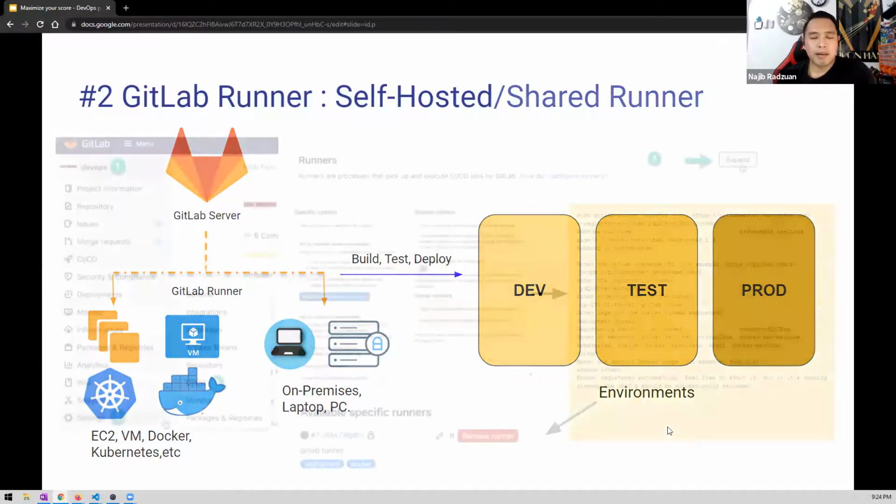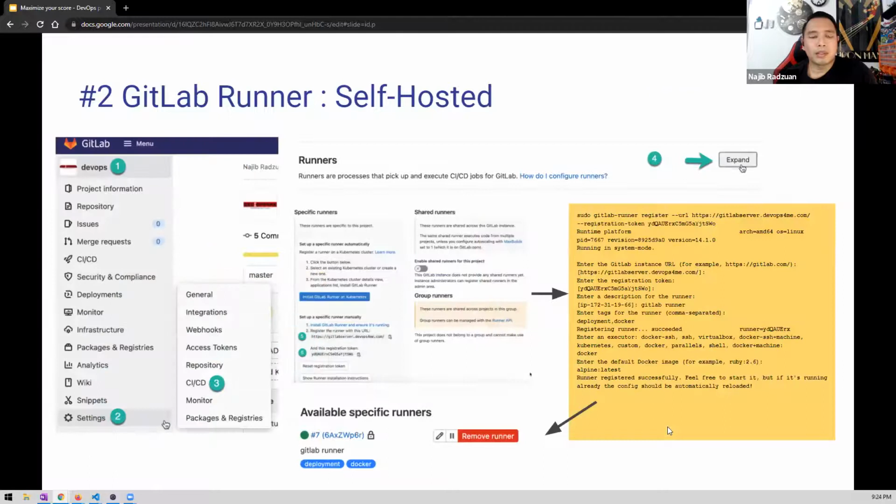First, if you have your own instance, meaning any cloud you want to provision to be your runner, you can go to your project and Settings, and then choose CI/CD, and then you can see a runner section. You expand it,